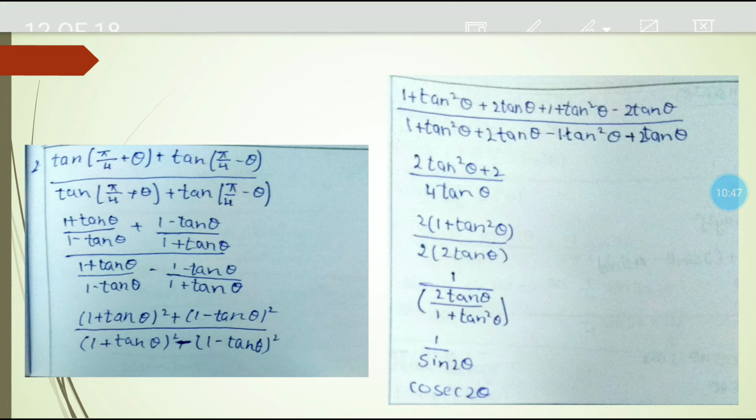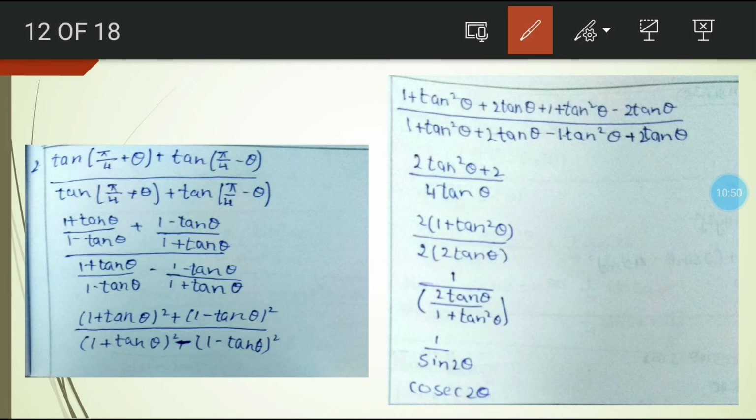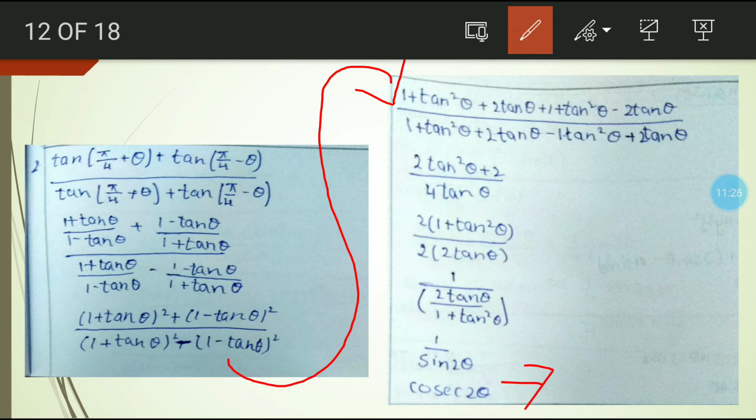Now second question here we will see, that is third question, this is second question. The question is very big. Now it's simple to solve. Here it's the continuation here, okay. Now 1 plus tan theta minus 1 divided by 1 minus tan theta, 1 minus tan theta divided by 1 plus tan theta, 1 plus tan theta divided by 1 minus tan theta, 1 minus tan theta divided by 1 plus tan theta. Now if we see there are common, right, so we took a square. Then after that we just expanded it and we just simplified it, so we got cosecant 2 theta. Now the option is D.